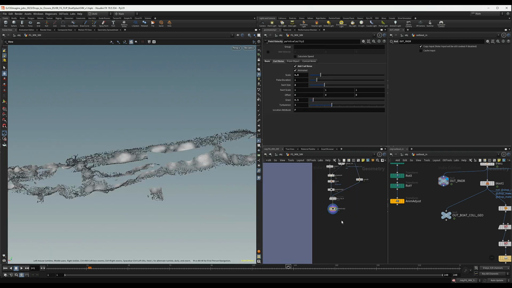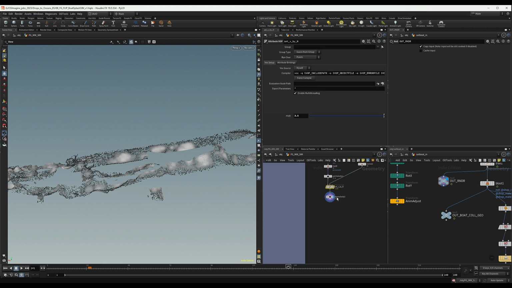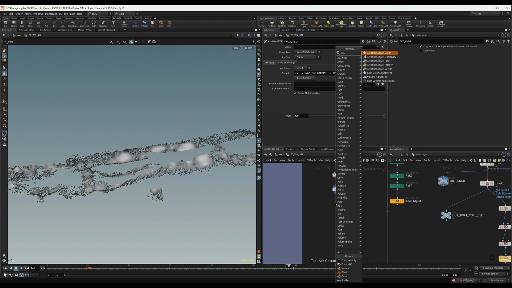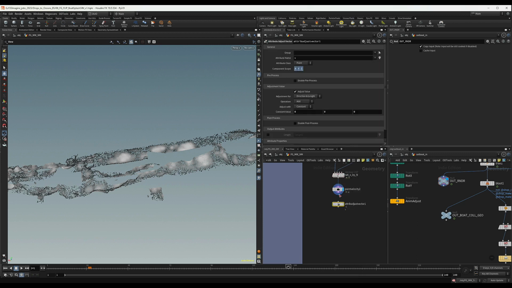Where is it? Is here. All right. So we can play with that multiplier here, but then we are not multiplying the noise. So I want to do an adjust vector in here, and this is the one that we're going to key. So I'm going to set it to manual, and I want this to have a little bit more in here. So I would like that, and then maybe not that much. So yeah, like this. And so up to frame